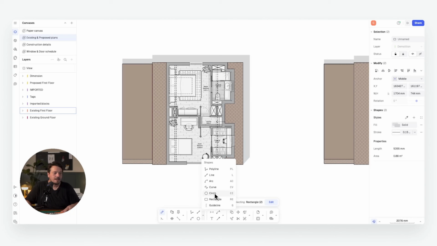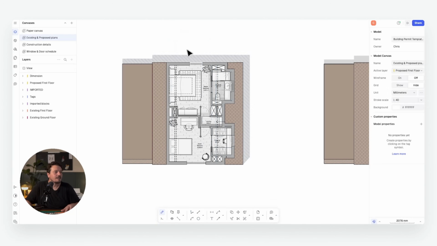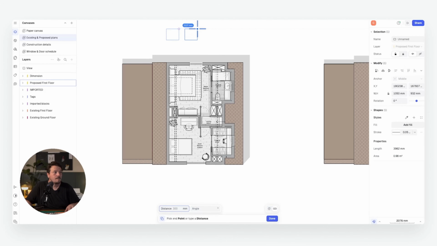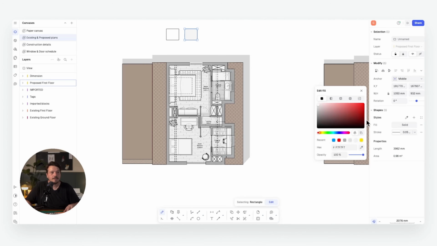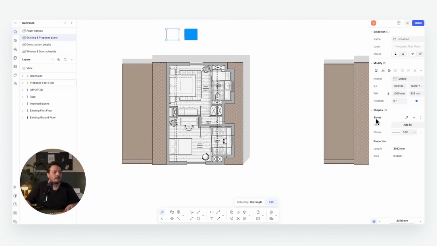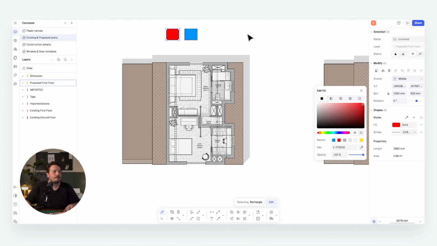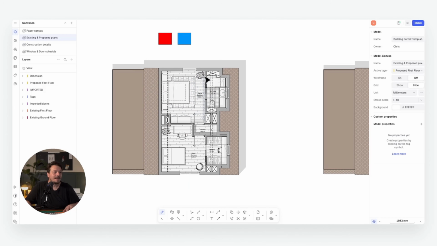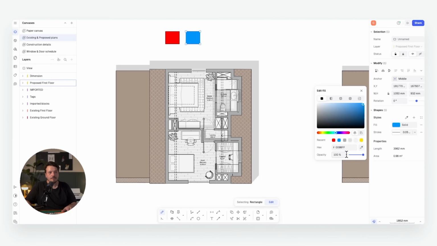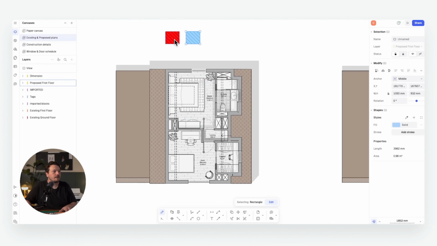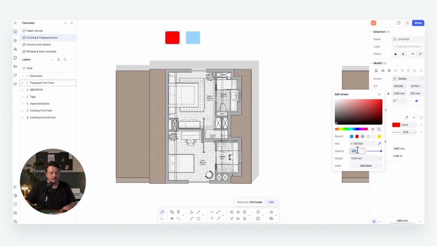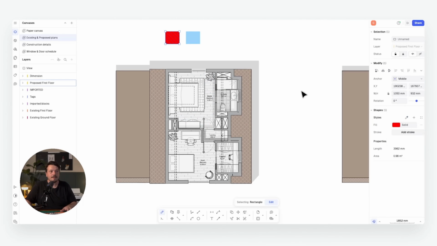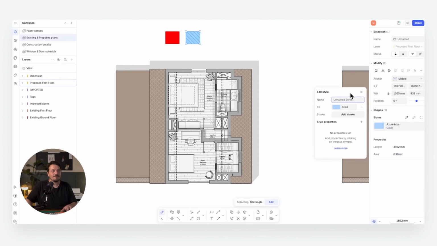So we'll create two rectangles. And we want to make one red and one blue. So we go for one red and one blue. And we've got our existing plan down here, and we've got our proposed plan here. Now we want to make sure that we're setting these as semi-transparent, and I want to remove the fill. So again, set that as maybe 40%, remove the fill, and then save as a style,